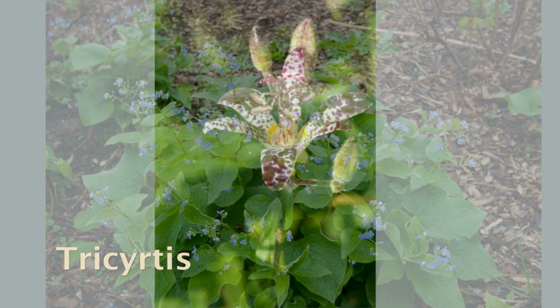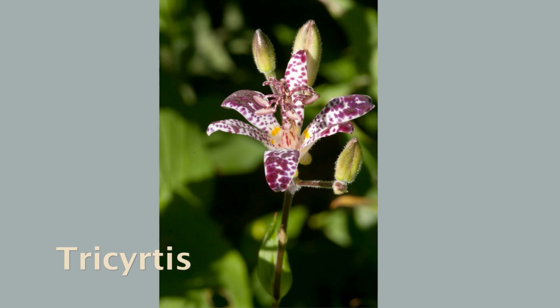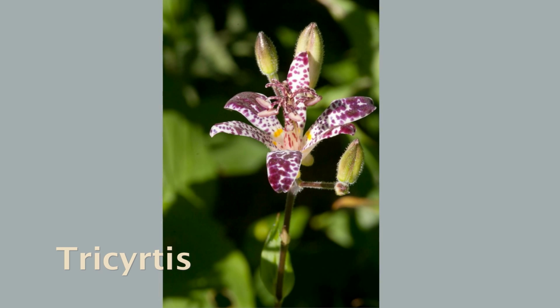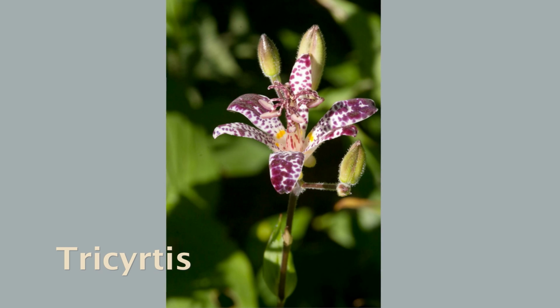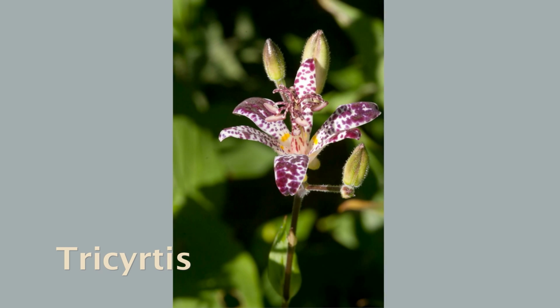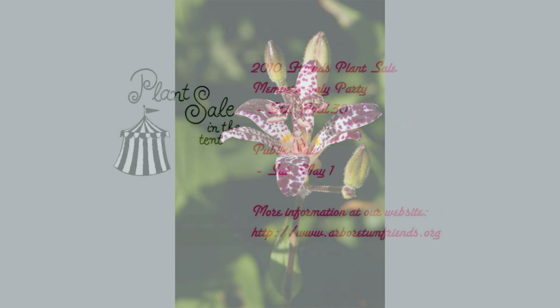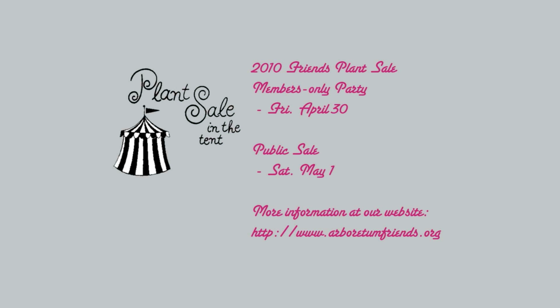Tricyrtis, commonly known as toad lily, is another good bet for the autumn garden. It has exotic orchid-like blooms in shades of white, purple, and even yellow. Growing 1 to 2 feet tall in part or full shade situations, they prefer moist soil and can form a nice colony over time. This is just a small sampling of the plants for shade that will be available at